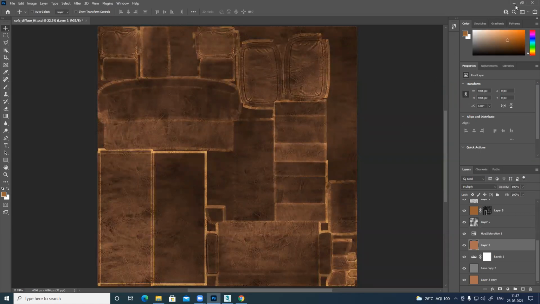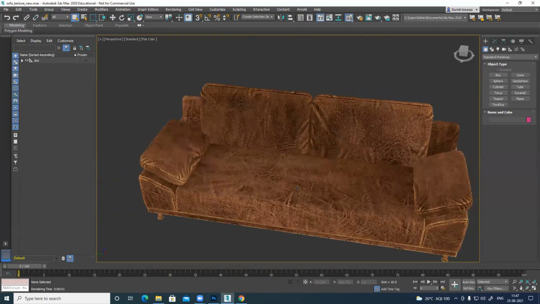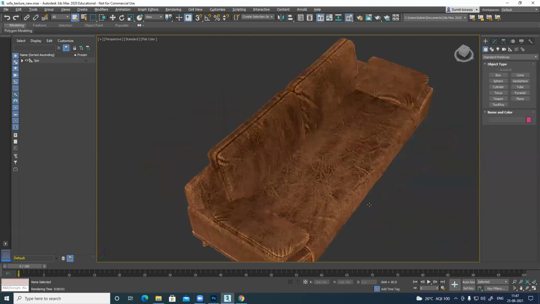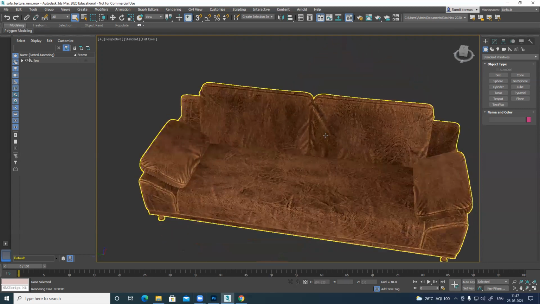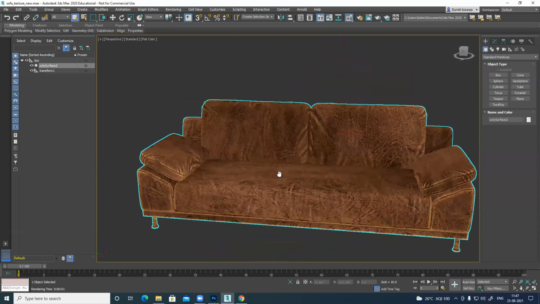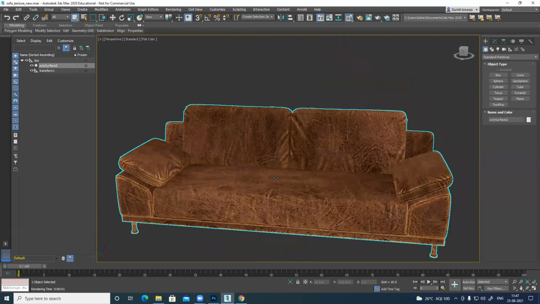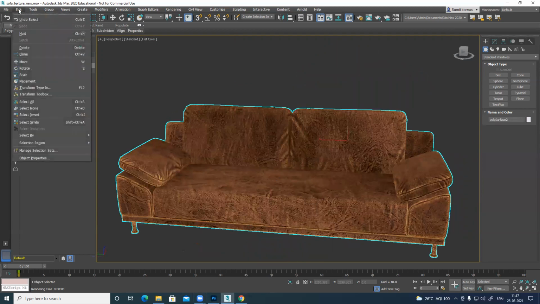So I want to make those areas slightly dark or bright. If I want to do that in Photoshop, it will become a little tricky, and it will be very difficult to identify those areas, right? Because it's a 2D flat image. In that case, there's something we can do in Max itself. There is something called viewport paint.